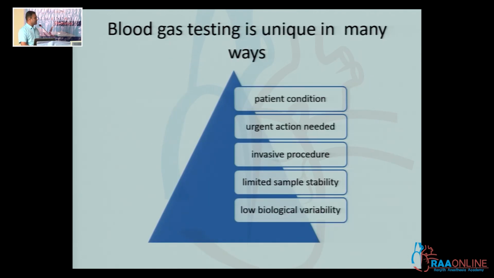So blood gas testing is unique in many ways. First thing is patient condition. Most of the patients will be unstable. So you may be doing it in a very hurried manner, or you may be doing it in a leisurely manner. So you may be doing a regular